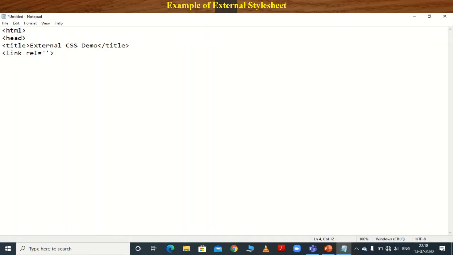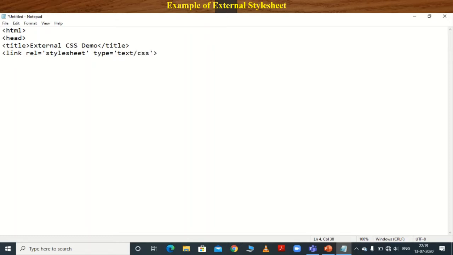This shows the type of the document, or the relationship between the linked file and your HTML document. So this file is related to the style sheet: stylesheet. Then the next attribute is type equal to, in single quotes, text. It is either text or css.